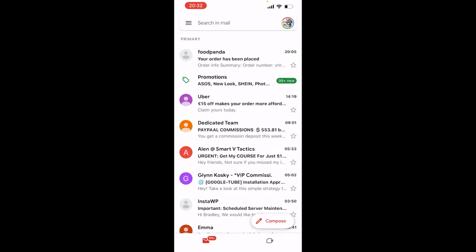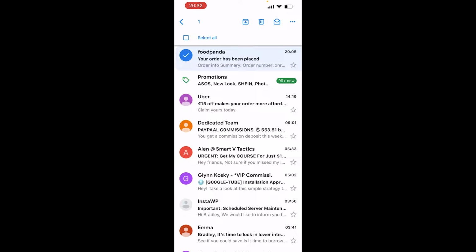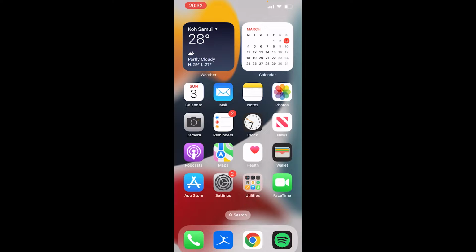So what you first need to do is open up Gmail on a web browser, because to delete emails on Gmail on the app, the only thing you can do is check the emails on your screen and then delete them in bulk, but you can't select all of them and delete all of them. So we need to go out of the Gmail app, and you then want to open up